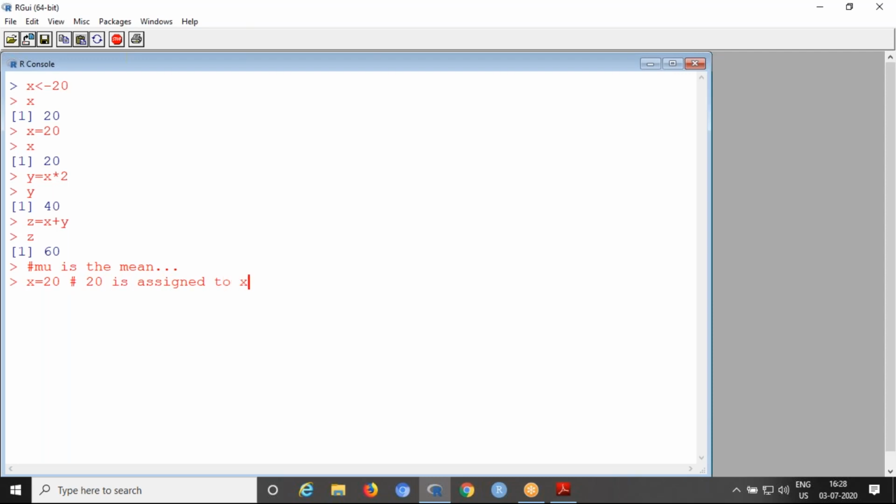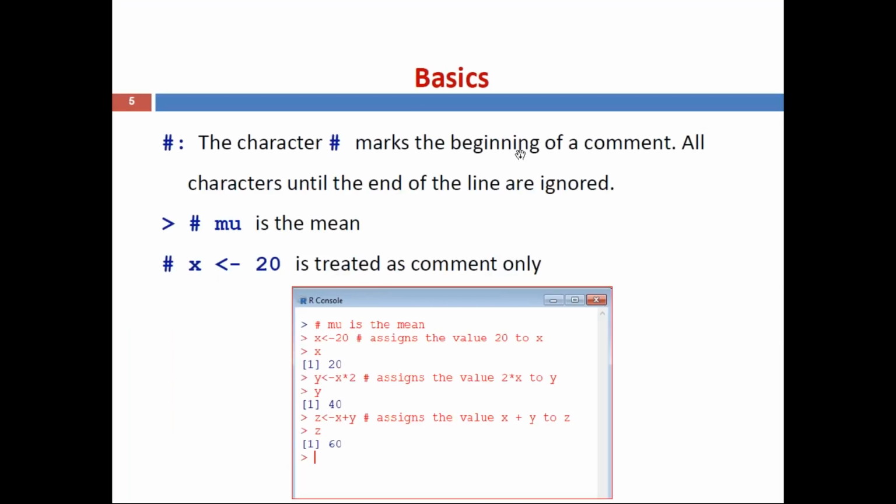After the command with the hash, you get no error. You can call x, and the result won't be affected. Suppose you type the command with the hash symbol, x equal to 20. Here you can see that is a comment. With the hash, whatever you type shows the comment. So like that, we define comments in our software also.